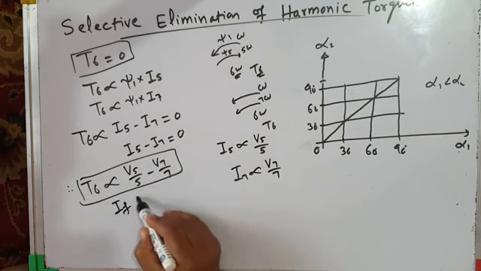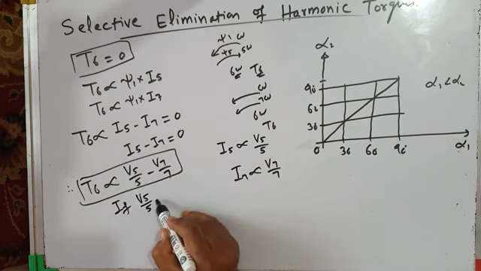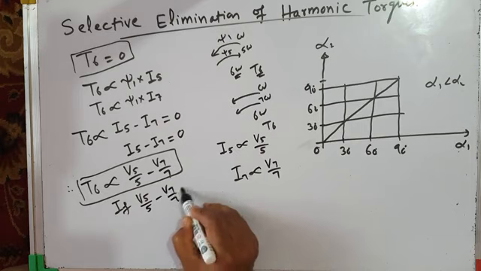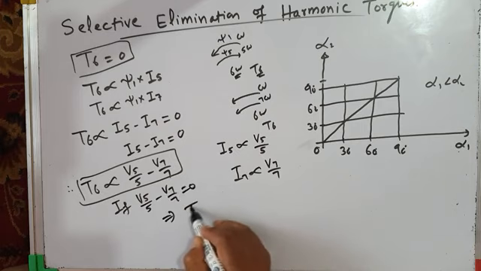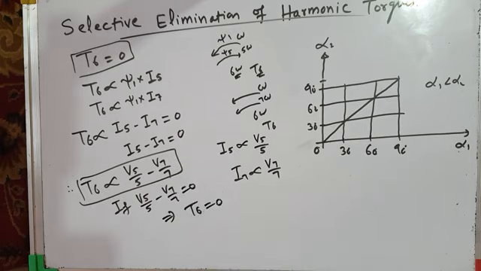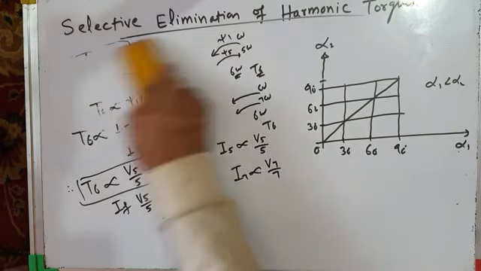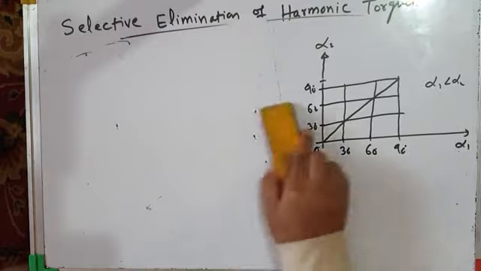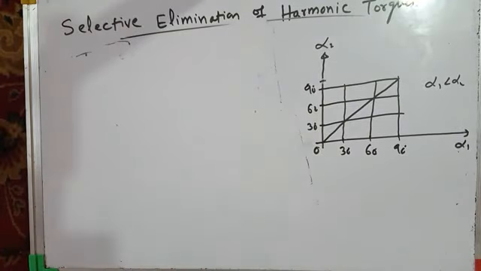That will make sixth harmonic torque equal to 0. Very simple. So therefore, for selective elimination of sixth harmonic torque,